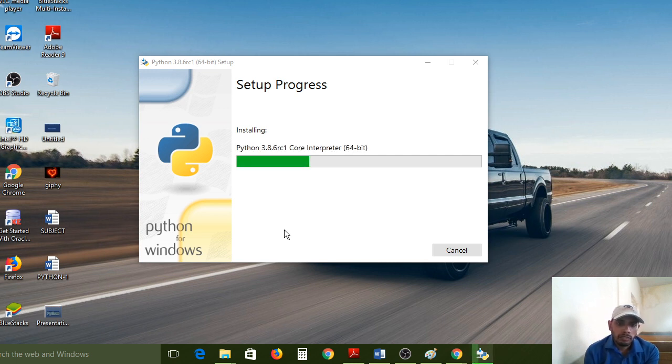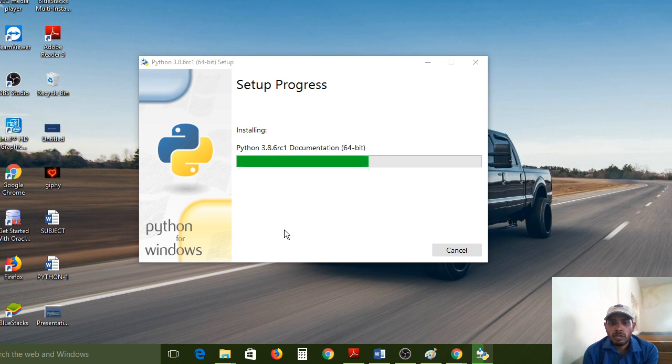Okay, it has started. While installing, your internet connection is compulsory. Check it first. It should remain stable. Then only the installation will be done properly through the internet.